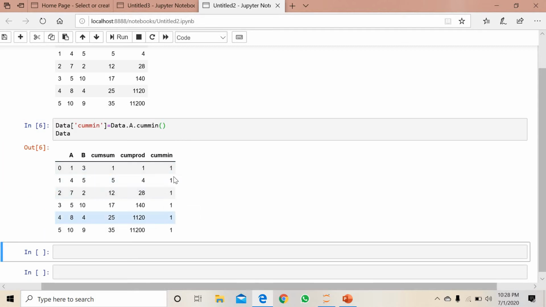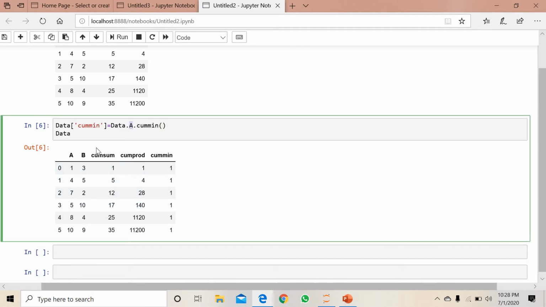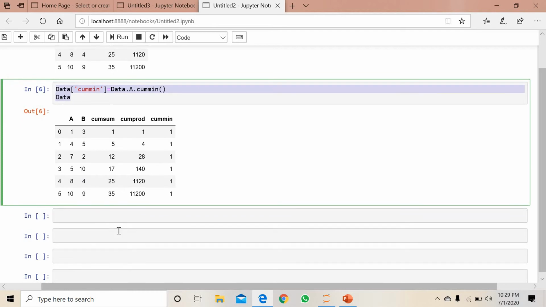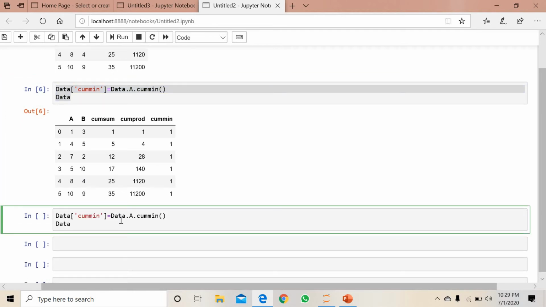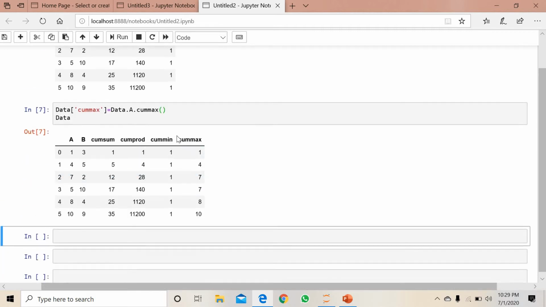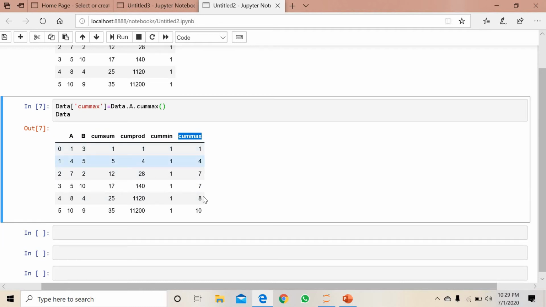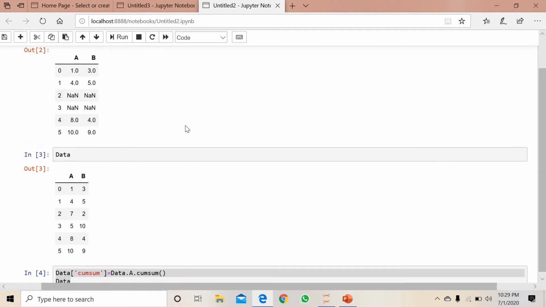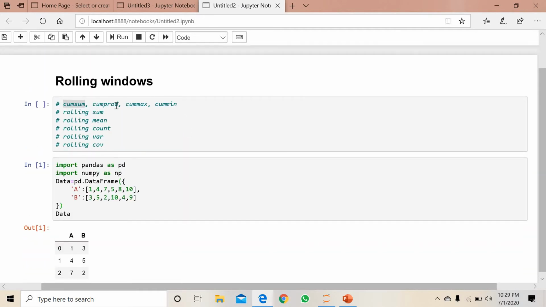We are doing it with column A only, but you can do it with B, just simply replace A with B. Next is the maximum. We'll simply change the column name here to max. You can see that the maximum number is added in this cumulative maximum column. Like the cumulative sum, product, maximum and minimum will work.